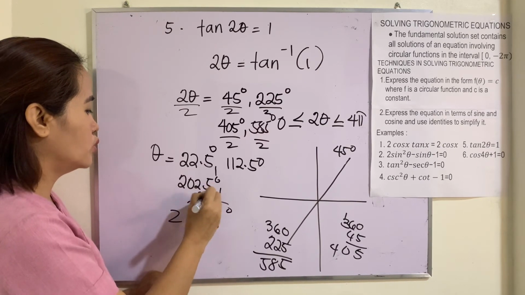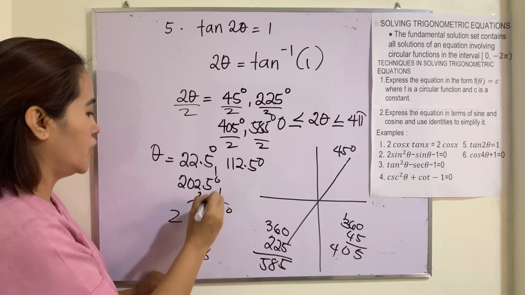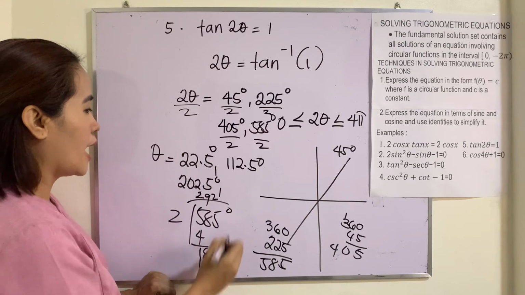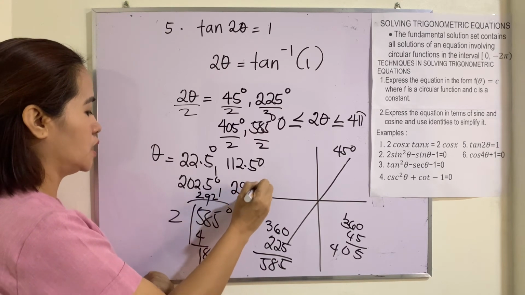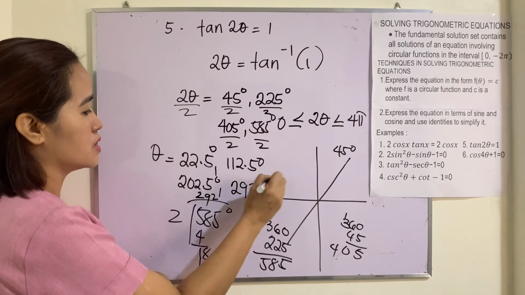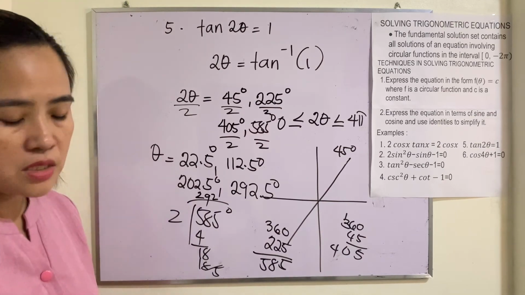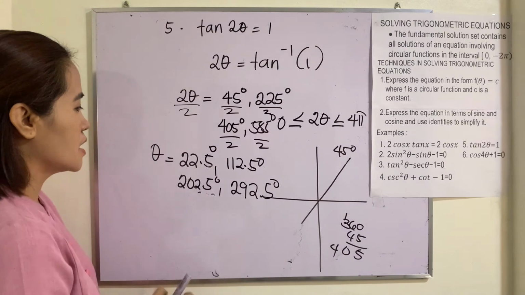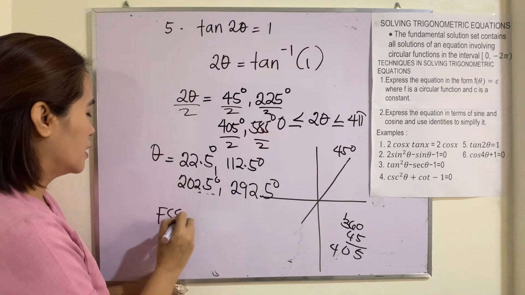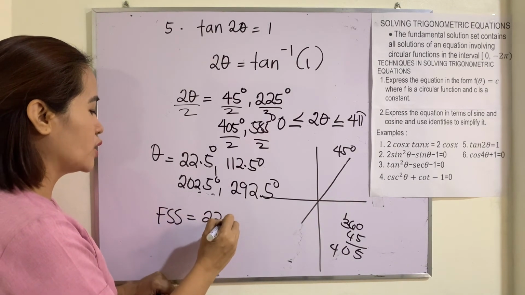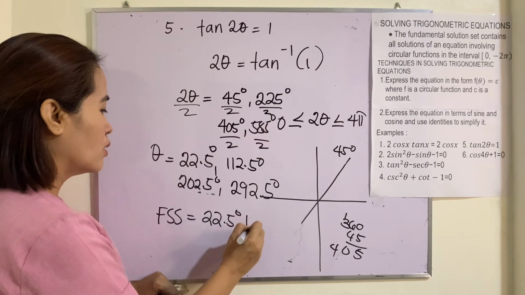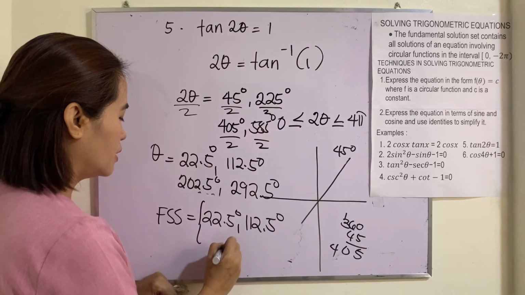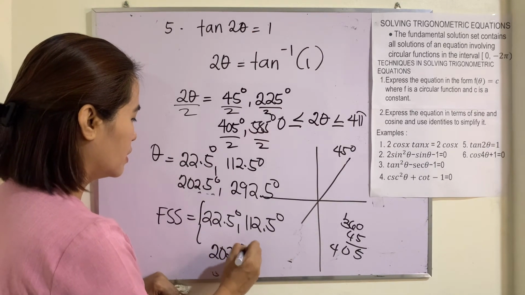We have 292.5 degrees. So our FSS therefore is equivalent to 22.5, 112.5, 202.5, and